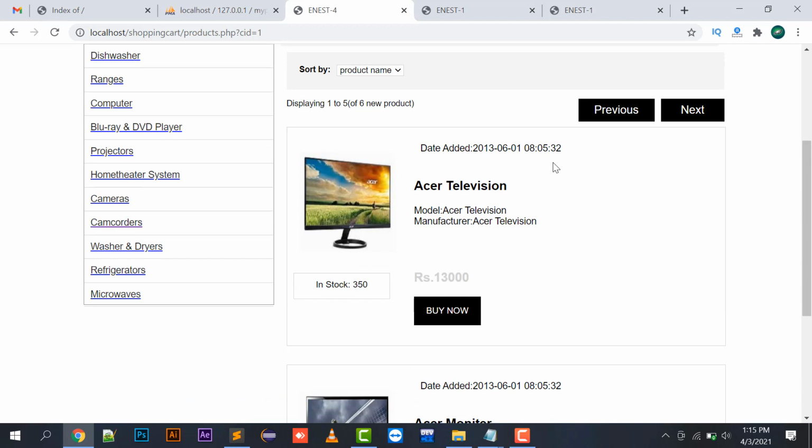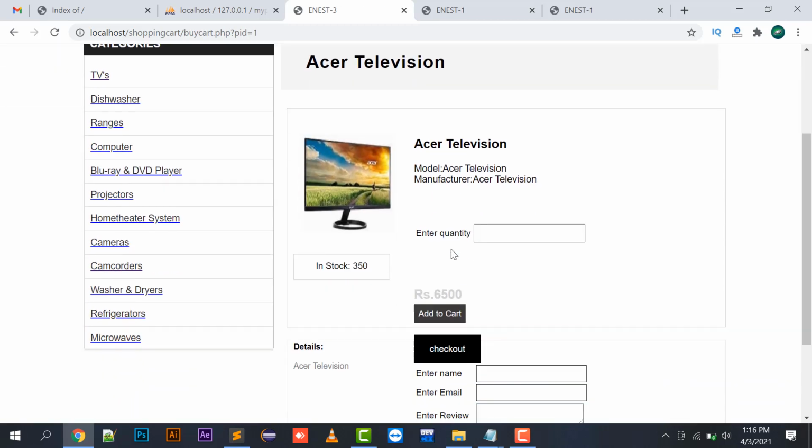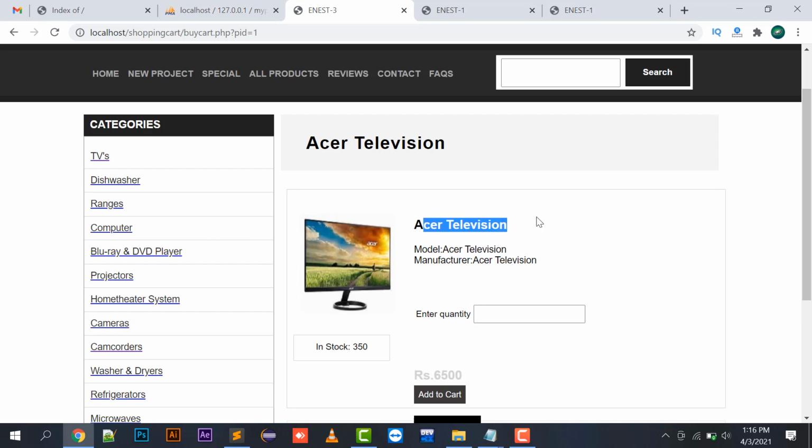Like if you click on some category in Flipkart or Amazon.com, all the products belonging to that particular category are displayed on your screen. By clicking on a particular product, it leads to the single product screen. So here, if I click on the Acer television, it shows me the quantity I currently have, its model, manufacturer, and whatever description you want to print over here.